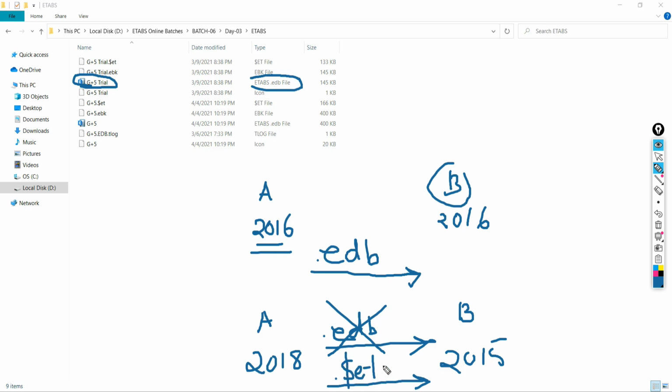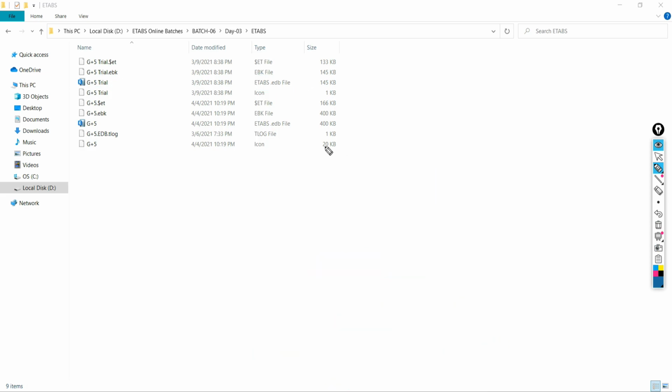Understood? This is the $et file. So when you send a file with a different version, always keep in mind you have to send the $et file. Whenever you share a file with another person, we do not know what version of the software he is using, so in a smart way you send both the $et file as well as the model file.